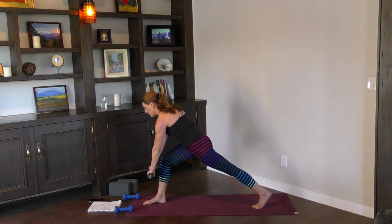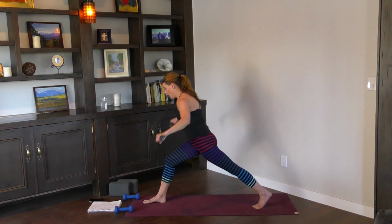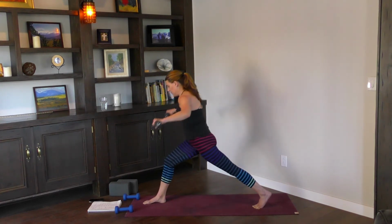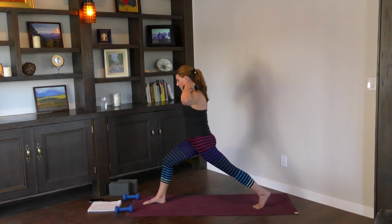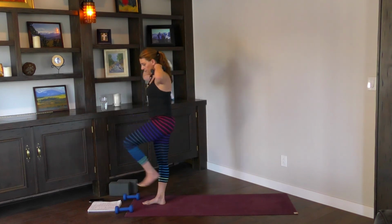6, 5, 4, 3, 2, and 1. All right, bring your weights to your shoulders. Root down through the 4 corners of your right foot. 1 leg Tadasana, okay? Options here is just to keep the weights on your shoulders, or you're gonna do the